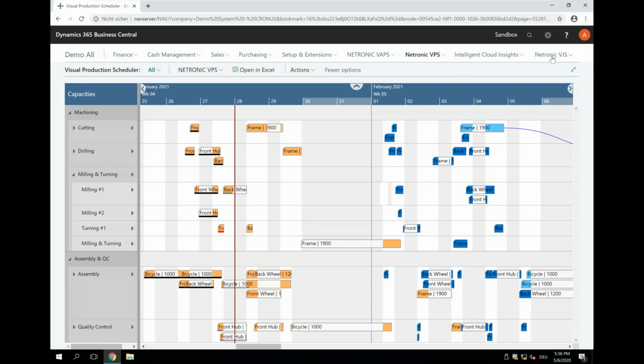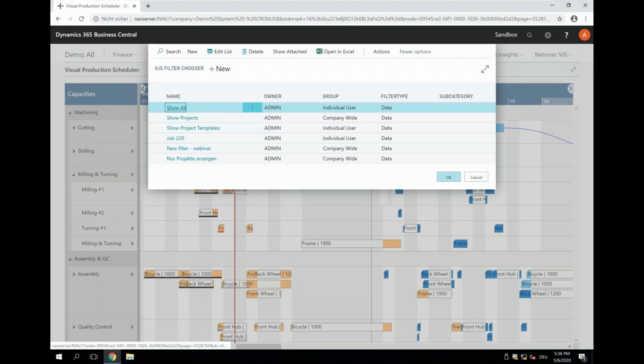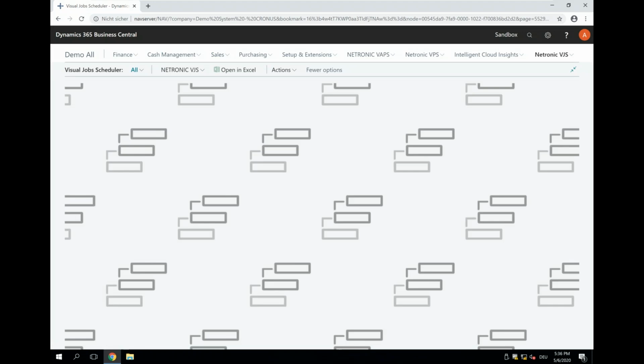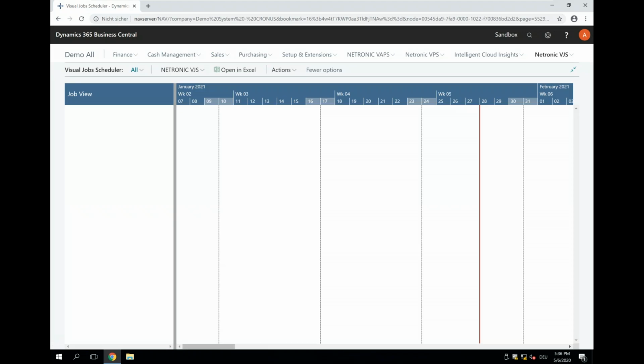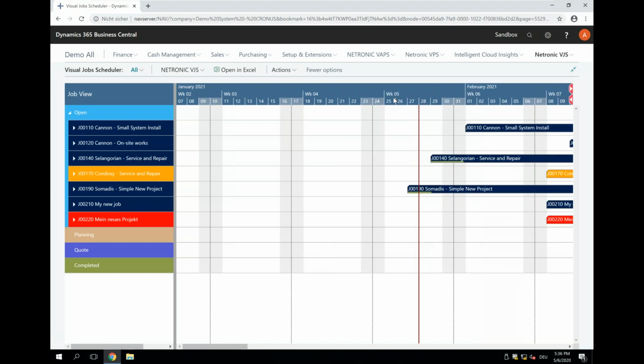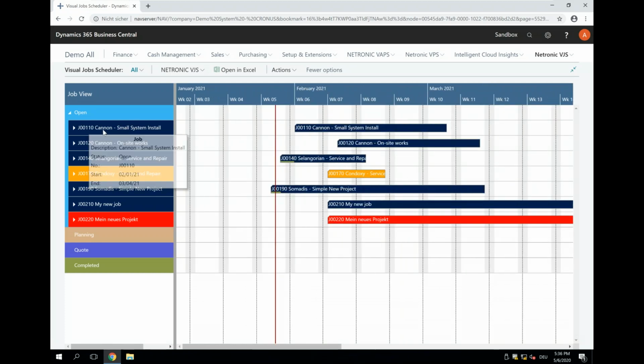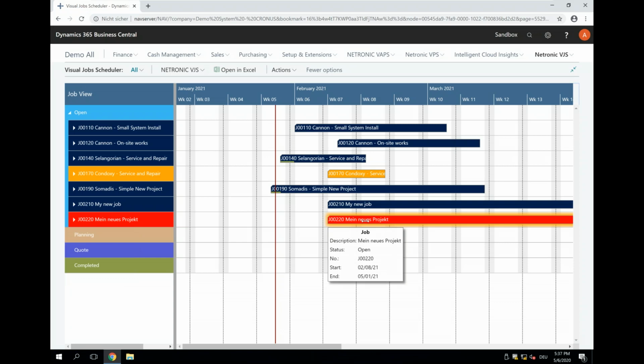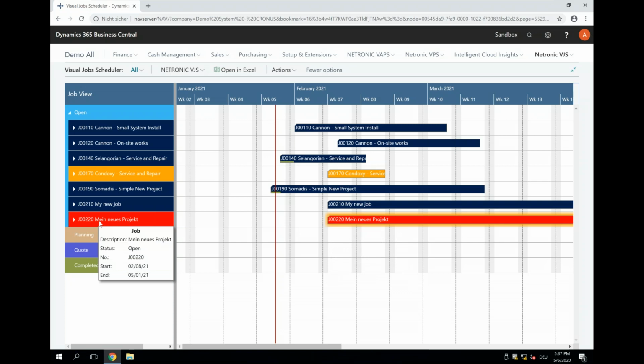So now let's move to the VJS, because in the VJS we actually have an additional way of individualizing the data. Let's go quickly to the shortened view with the show projects. And here again, you see that my default color is blue for the jobs, but I have a job that is orange and I have a job that is red, and this red is my new project. This is something I created in a webinar. And when we look at this job card via a double click,